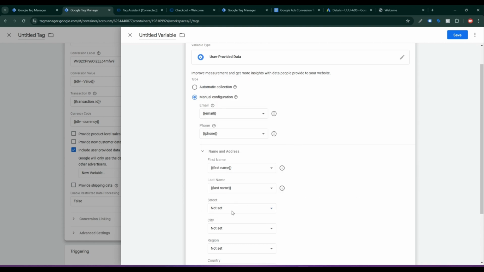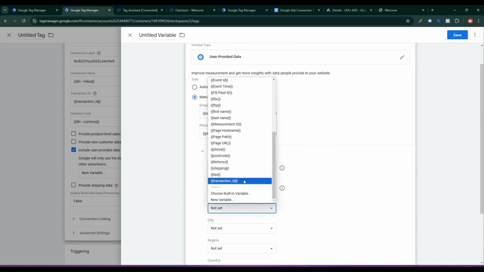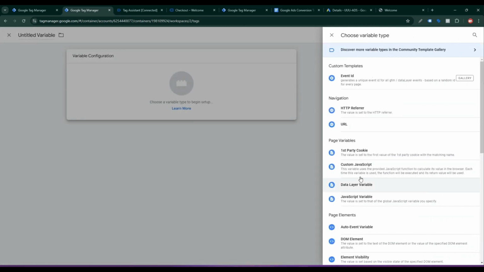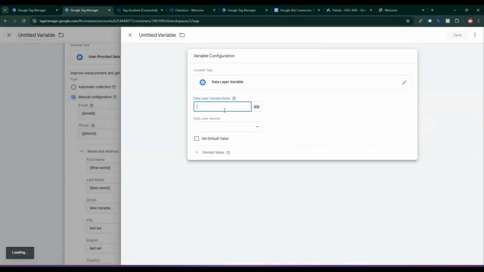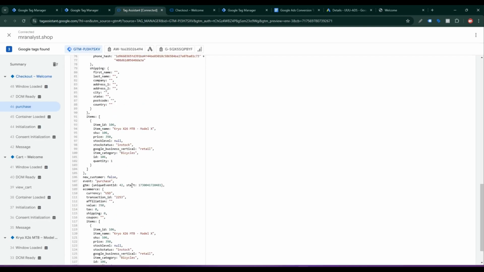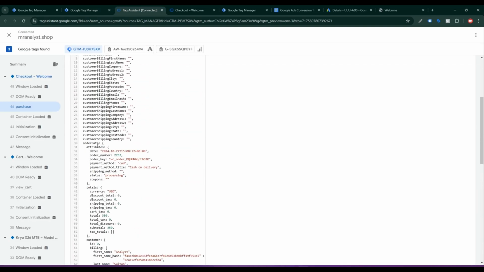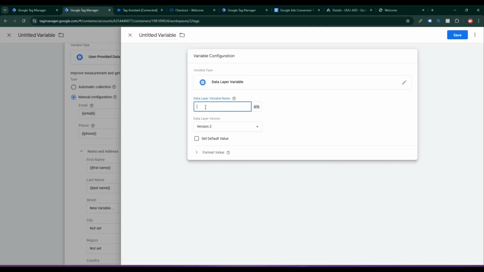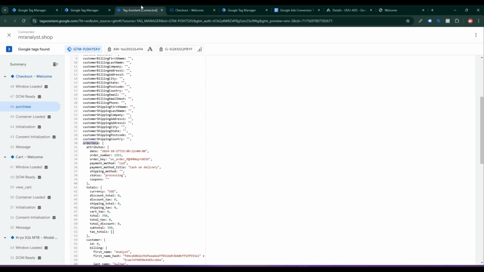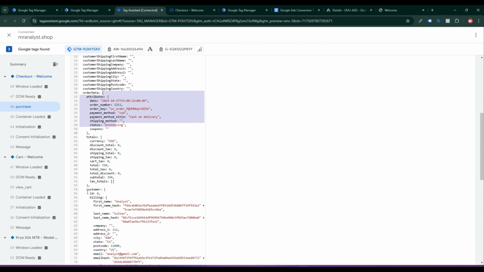So I need to create a street variable. Click here, then click new variable. Then select data layer variable. Then go back to your Google Tag Manager debug view. Firstly need order data, then paste here, then dot, because this is the array, then customer data,